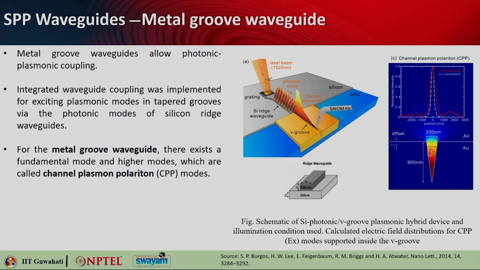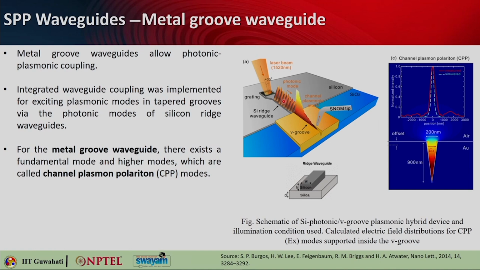This is how the V groove will look. There will be very strong confinement of the electric field towards the narrow end of the groove, and this allows you to have photonic and